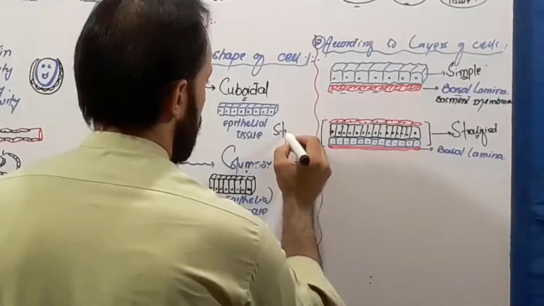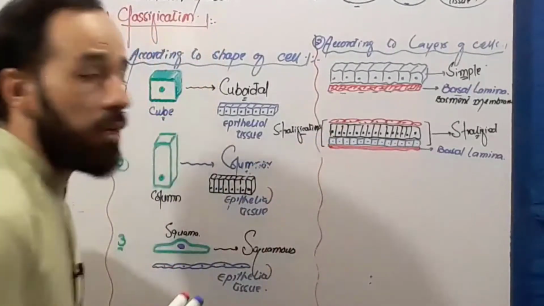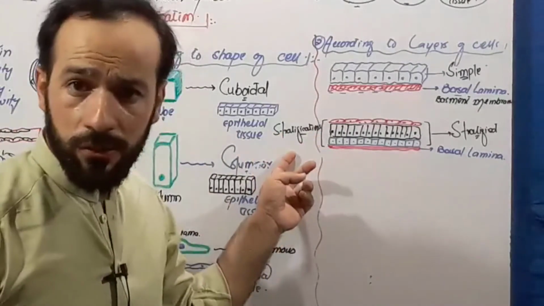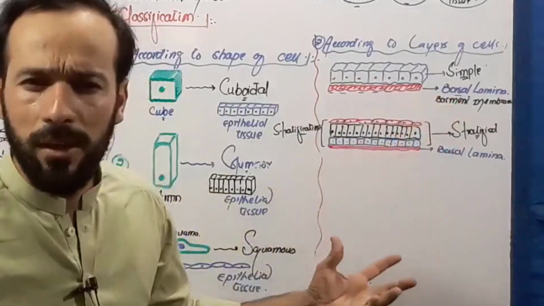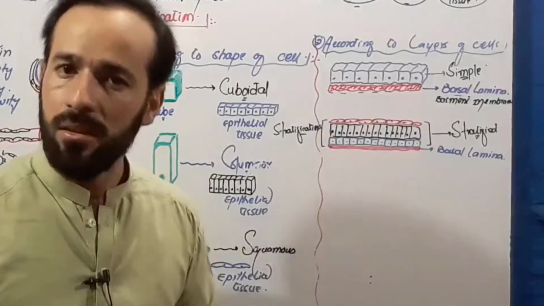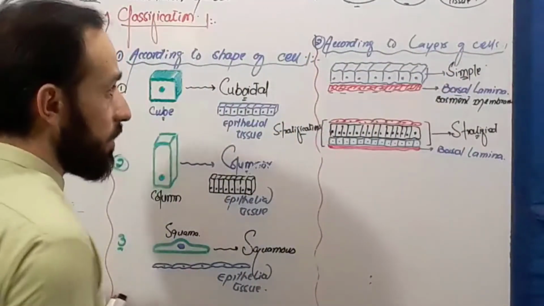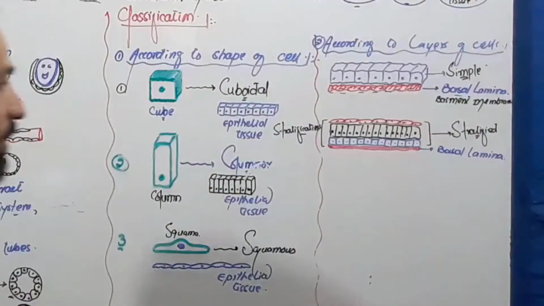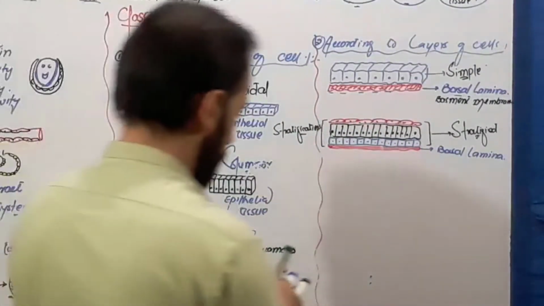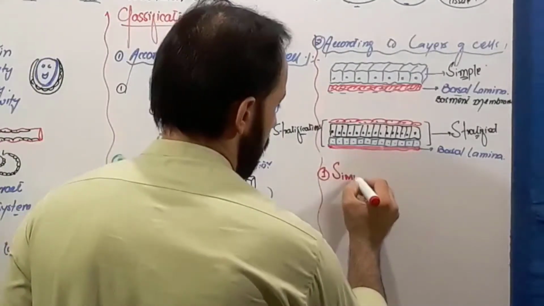These are called stratifications. Right. So if in the epithelial tissue stratifications are present, we call it stratified, and if there is no stratification, there is only one layer, that's why we call it the simple epithelial tissue. So according to layers of the cells, the epithelial tissue is classified as simple and stratified or compound. Right. Now let us see the types of the simple and compound. First, number one, simple epithelial